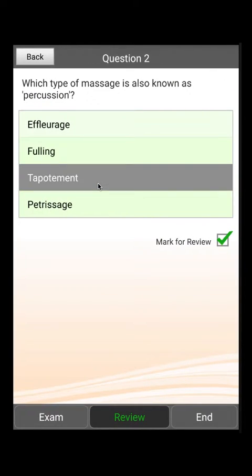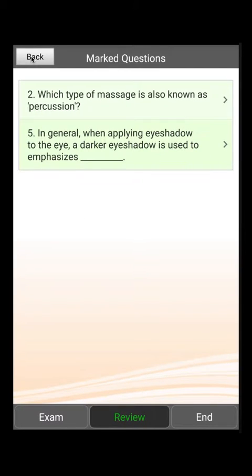I can also uncheck it, so it will no longer be marked for review, but I advise against that because that mark for review will show up in the results too, and you'll be able to see questions that just gave you pause and maybe you weren't terribly confident about the answer. And it's kind of better to know when you were guessing, even if you got the guess right. So I'd advise that you keep it marked. So because I've kept it marked, it'll still show up when I go back and check out the list of